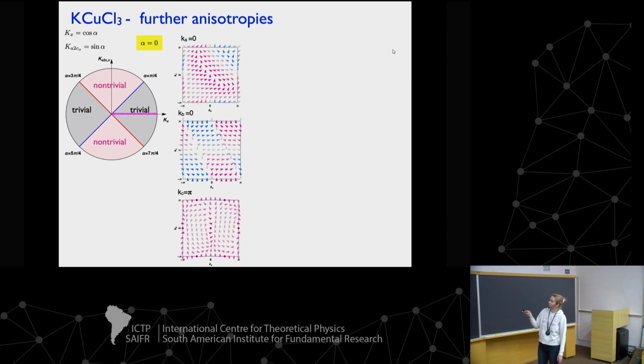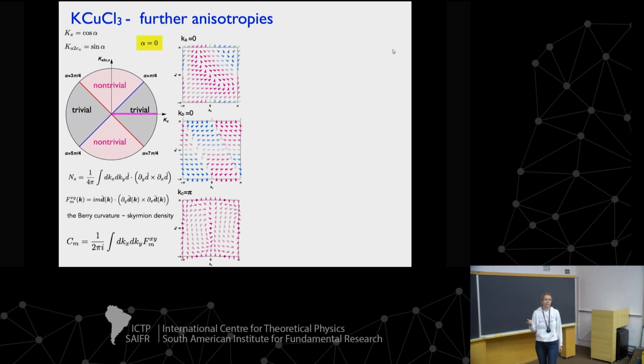And as you can see, maybe it's most clear from here that this is not a skyrmion. One can, of course, make a correspondence between the skyrmion density, and the skyrmion is formed by the D vector. So we are talking about the momentum space, and we are plotting the D vector in the momentum space for different points in the Brillouin zone. And that skyrmion density can be brought in connection with the Chern number of those bands. So depending on whether we have a skyrmion or not, this is going to be a trivial or a topologically non-trivial band.